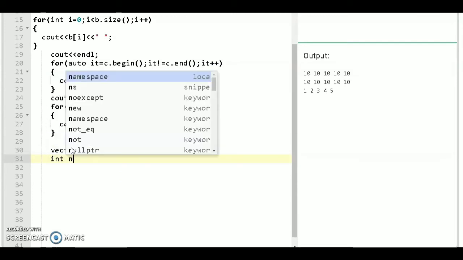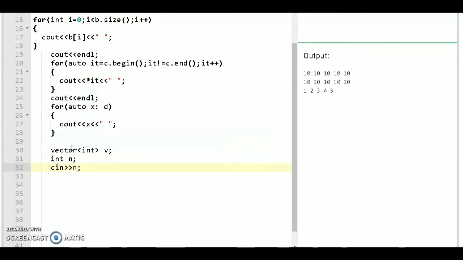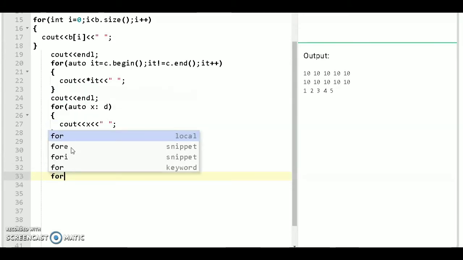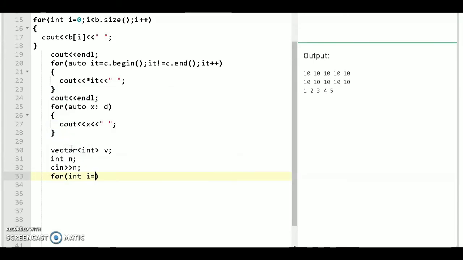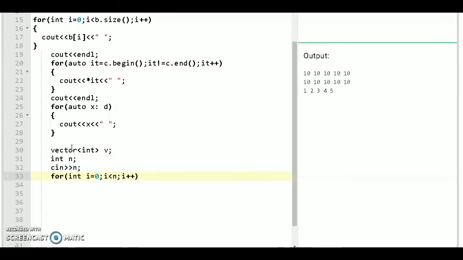So int n, cin n, and traverse a loop: for int i equals 0, i less than n, i plus plus, and then take the number you want to insert in the vector.